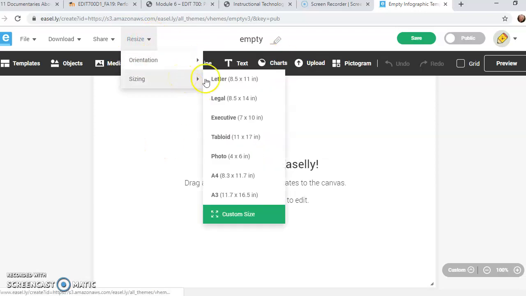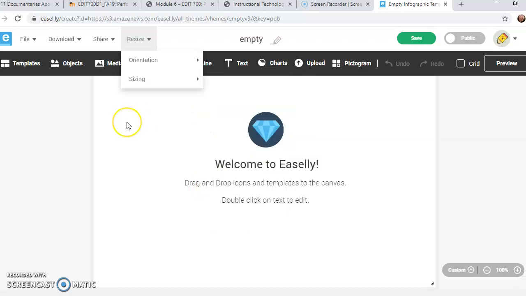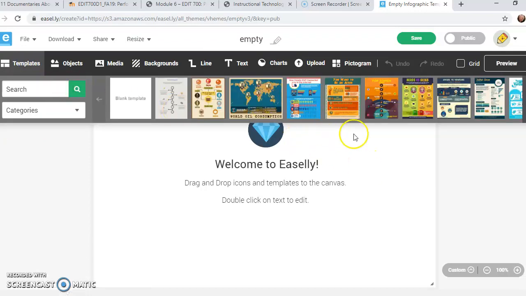And I think this would be particularly useful with yearbook because you're printing something, you want the pixels to be clear when it's printed. So you want to make sure that the students are designing on the appropriate size so that when it is printed, the quality is the same. So you can build off of a template depending on what you need. So if my students were,